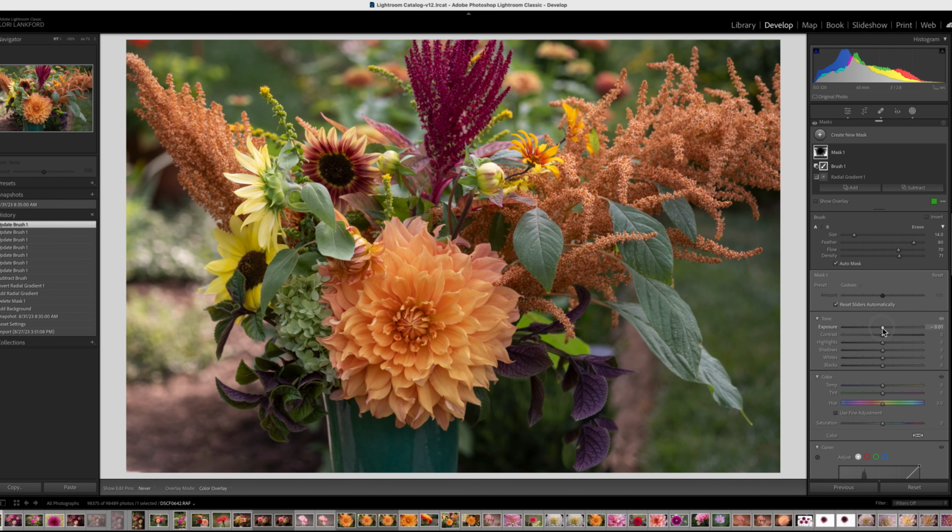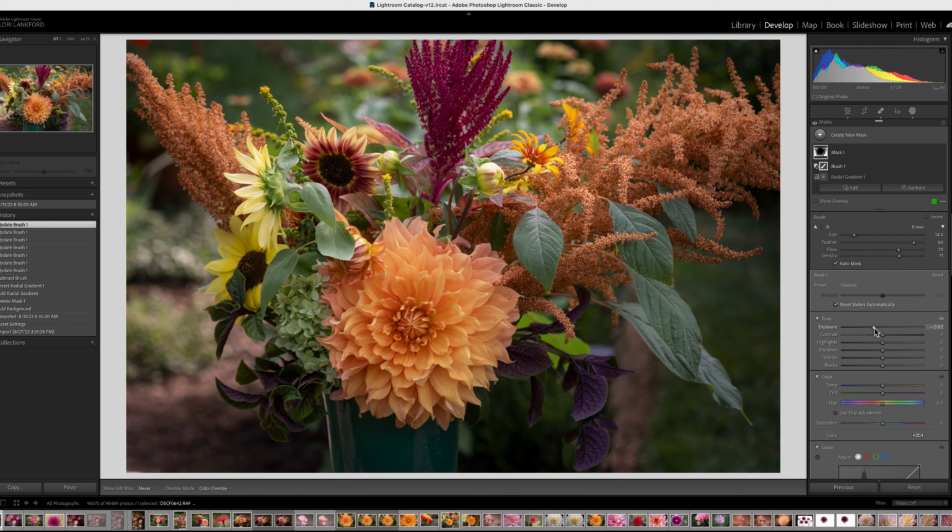background. First thing I want to do is darken the background. I want to make it less important in the image. So I'm going to darken that. Now I am going to open up the shadows just a little bit but still keep that background nice and